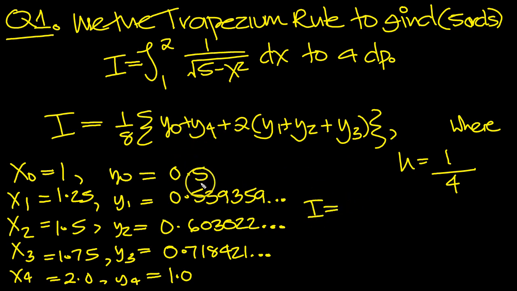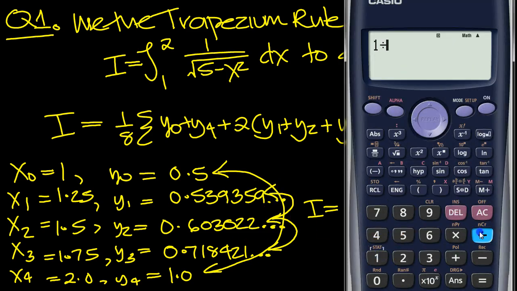So the formula now, which I'm going to summarize here, but it's good practice, of course, to get the marks to write out the constituent values in place here. But I'm just going to add them up. So it's this one plus this one. So it's 1/8. I'm just going to tap it in the calculator as I say. 1/8 times this plus this here, and then 2 times these 3 things added together, isn't it? So let's put that in then. So it's 1 divided by 8 times bracket, the first and the last, which is 1.5, plus 2 times the 3 values in between,